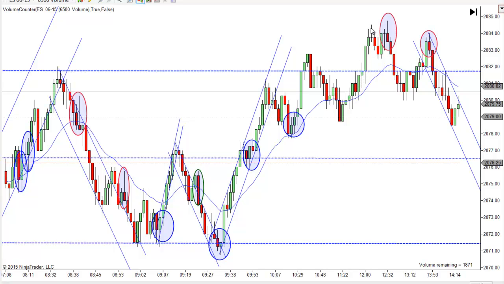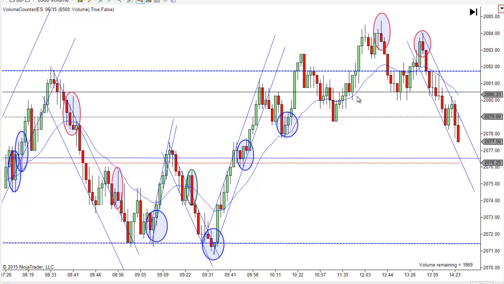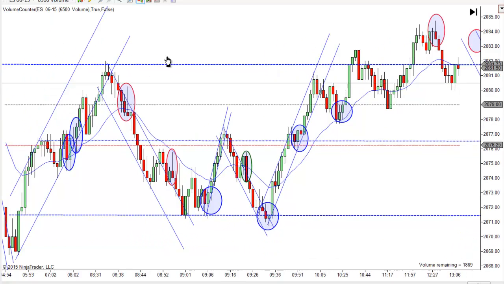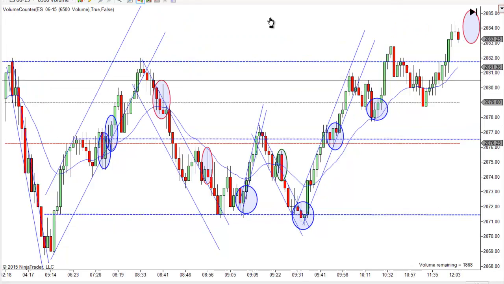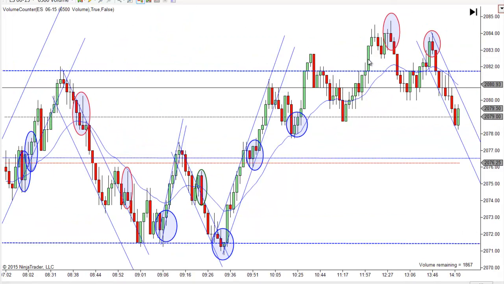You did end up missing a good long here, but this is where you have to be patient, and sometimes you have to watch trades go without you that turn out to be good trades because they're just not a good setup. Nothing that I like other than maybe going long right there, and that is awful risky going long right into that strong resistance right there because too many times it'll break up a tick or two and then turn down. But this time it goes a little higher, and it's tempting to go short there, but I would wait on